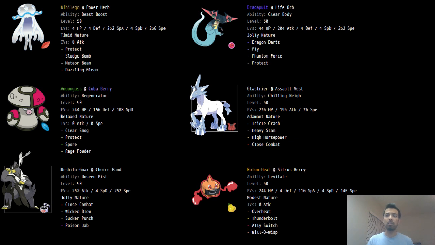It utilizes Meteor Beam, which is a charge-up move that boosts its special attack turn 1, and then does a ton of Rock-type damage turn 2. By using a Power Herb, it gets the boost and attacks on the same turn, and with Beast Boost, it can continue to stack these special attack boosts. While many Nihilego opt to run Power Gem for a secondary Rock STAB, this one uses Dazzling Gleam to hit